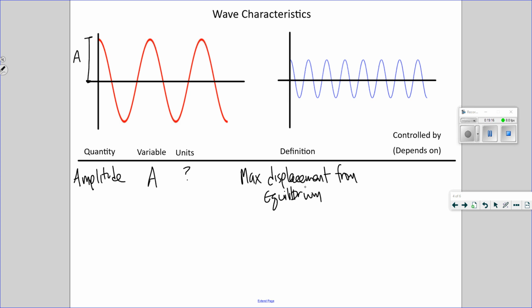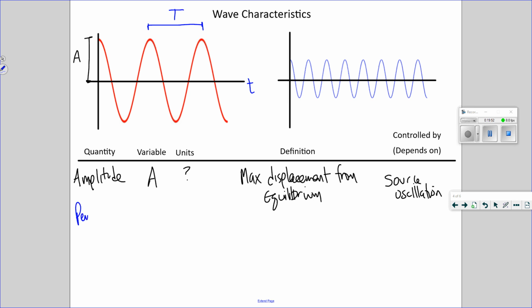Controlled by, well, the source oscillation. Something's oscillating back and forth, and the degree to which it oscillates back and forth is the amplitude. Okay? There's one thing. Here's another we can talk about. Now, this, peak to peak, it's either one thing or the other, and it really depends on this. Note, if this is a measure of time, then this is an amount of time from peak to peak, and